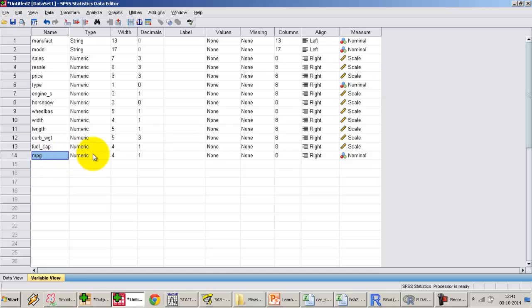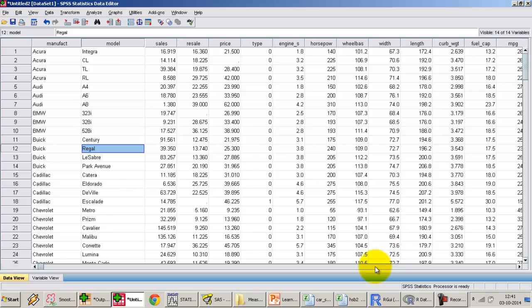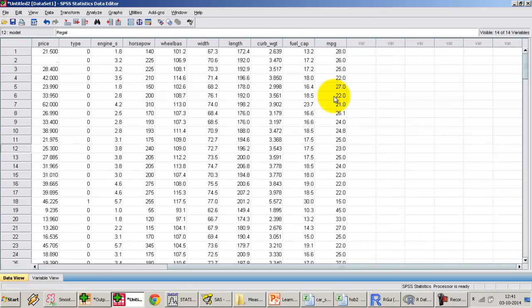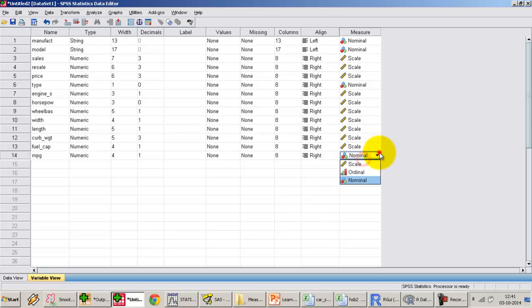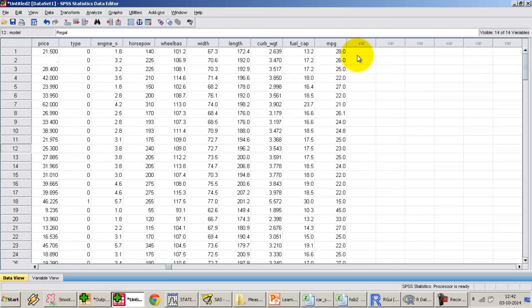Miles per gallon has got classified as nominal, but miles per gallon is actually the mileage of the car. This is supposed to be a ratio scale variable, it's a vector variable. So I'm going to change it from nominal to scale. Most of the time the measure that you store in SPSS doesn't make too much of a difference if you know what you're doing, but it's best to classify the variables correctly. Alright, so I'm going to go to SAS now, and I'm going to run